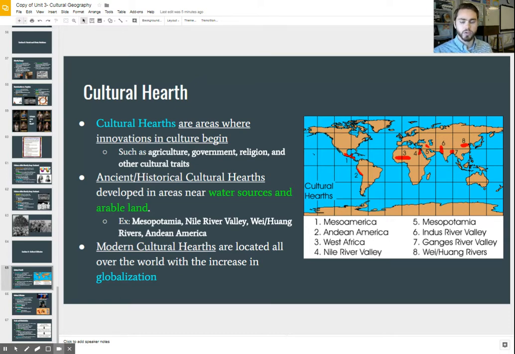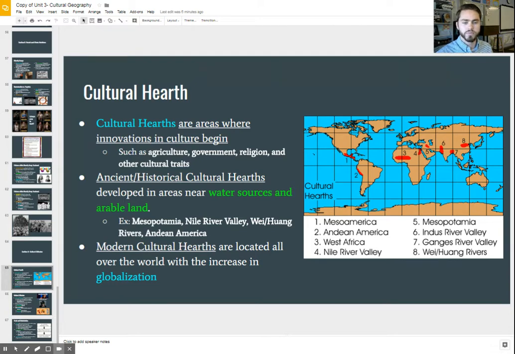All right, and from that cultural hearth, it took a long period of time to move out of these particular areas into other parts of the world because it was not a globalized society like we have today. Today's society, we have many different things that speed up the diffusion of culture and move it away from its hearth to around the world. But back then, you can imagine it took a long time to move out of the starting point with no cars or trains or internet, smartphones, things that we don't have during this time period. Really slowed down the diffusion of culture.